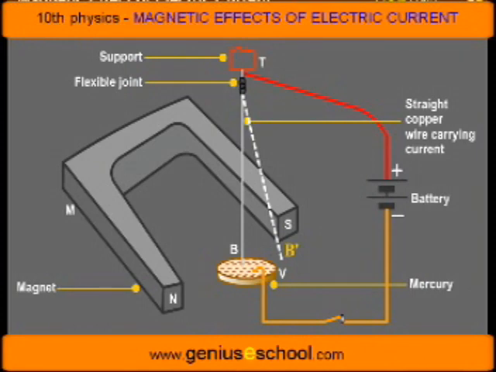On pressing the switch, a current flows in the wire AB in the vertically downward direction. The wire AB is kicked in the forward direction towards south and its lower end B reaches the position B' so that the wire comes to the new position AB' as shown by dotted line. When the lower end B of the hanging wire comes forward to B', its contact with the mercury surface is broken, due to which the circuit breaks and current stops flowing in the wire AB, since no current flows.